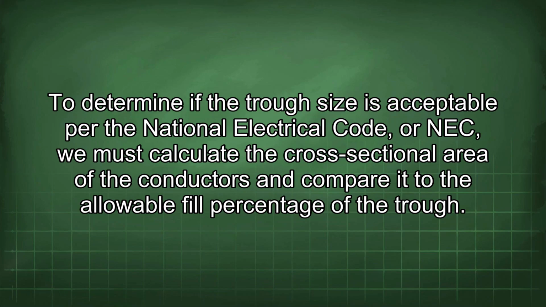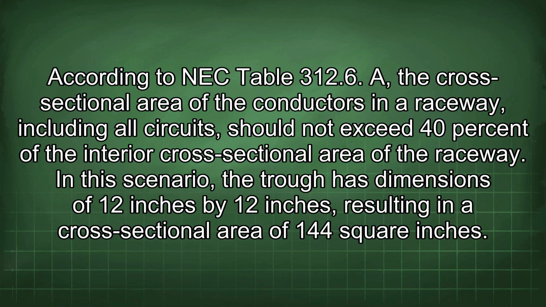To determine if the trough size is acceptable per the National Electrical Code, or NEC, we must calculate the cross-sectional area of the conductors and compare it to the allowable fill percentage of the trough. According to NEC Table 312.6, A. The cross-sectional area of the conductors in a raceway, including all circuits, should not exceed 40% of the interior cross-sectional